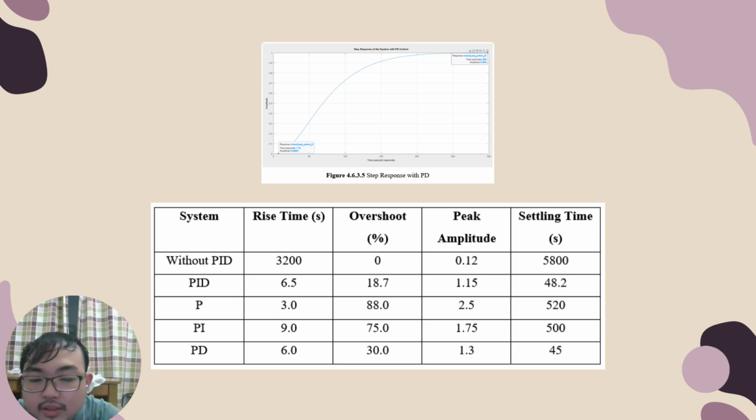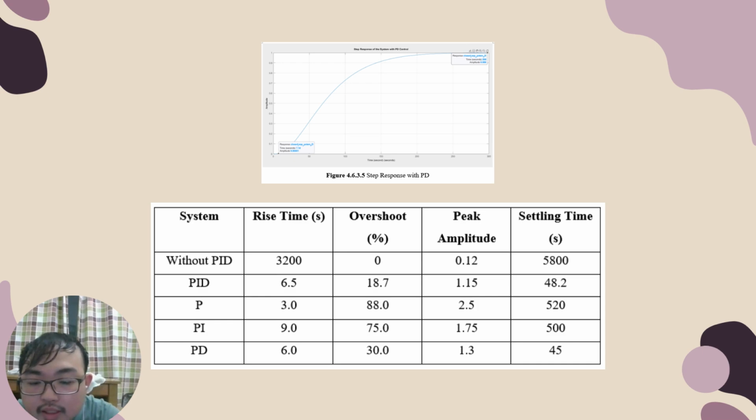Last is the proportional derivative controller. The rise time is 6 seconds, followed by the settling time of 45 seconds. The overshoot is 30%, and the peak amplitude is 1.3. It can provide a faster response than PI with reduced overshoot and better damping, making it ideal for applications requiring rapid response